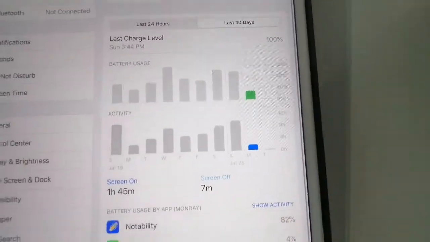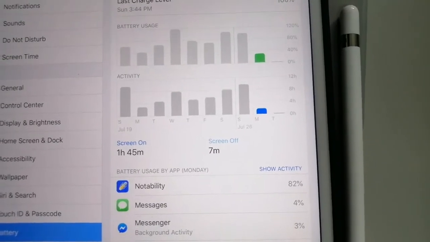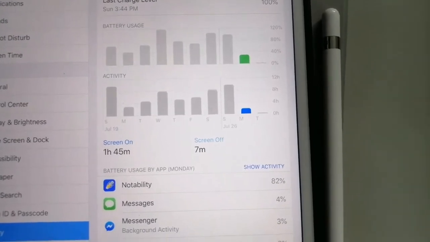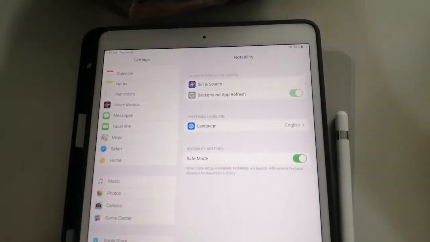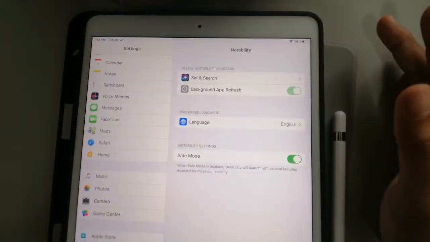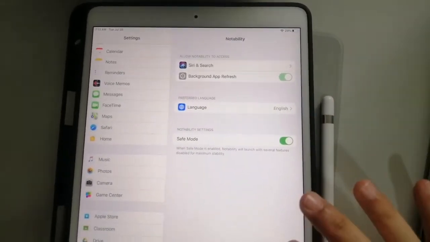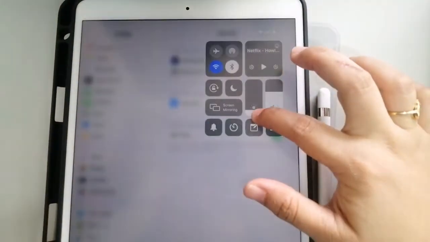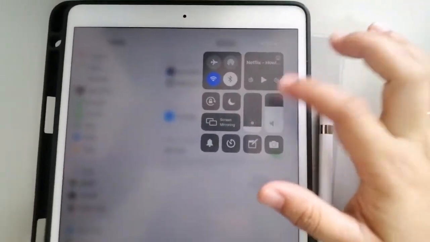Then I read some of the comments on Reddit about this issue, and yes, they are also experiencing the same signs or the same user experience that I have with Notability. And if you're going to say that maybe I'm just using too much brightness, no. I actually just increased the brightness on this screen for now because I am doing the video, but usually my brightness is on this level because I don't like too much glare on my screen. So that's the usual